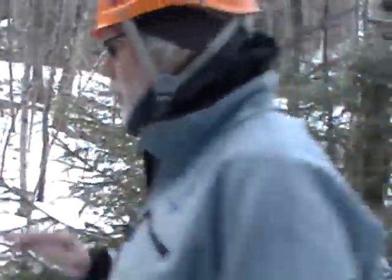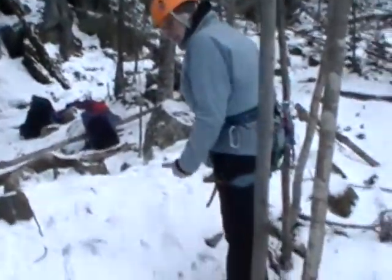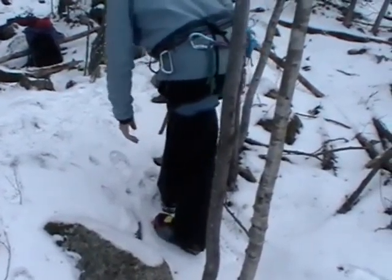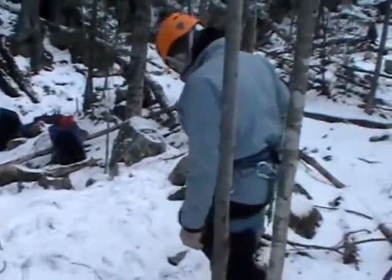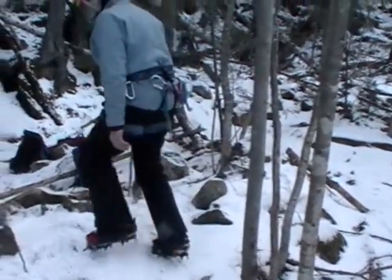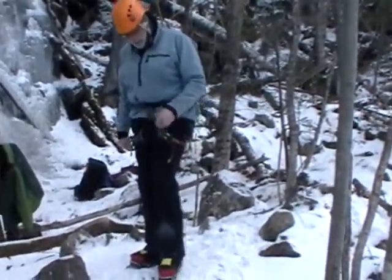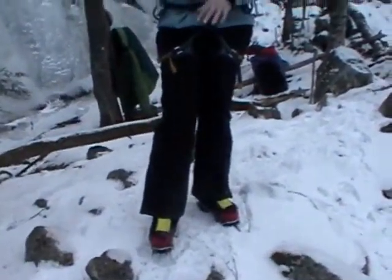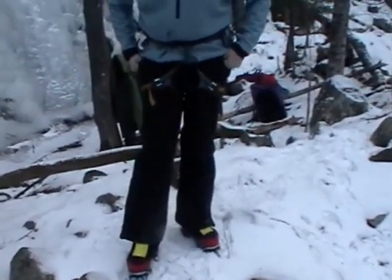As it gets steeper than this, let me do it over here. It gets to a certain point, like if I try to go straight up here, it's going to be pretty awkward because I just don't have that much flexion in my calves and my boots. So if I don't use this method, it's going to get pretty tricky. Now, an alternative would be to do this. And for 2 steps, that's fine. I rose up onto my front points and used those to navigate this little tiny hill. That's all fine and dandy. But use those front points for a 2,000-foot snowfield and the results are going to be pretty different. You're basically not going to be able to walk the next day because your calves are going to be this big. So what you have to do is